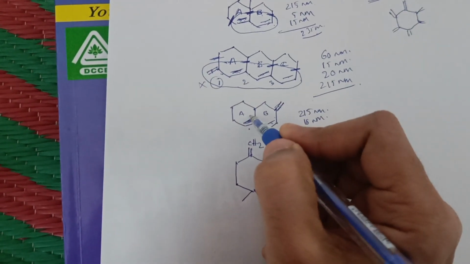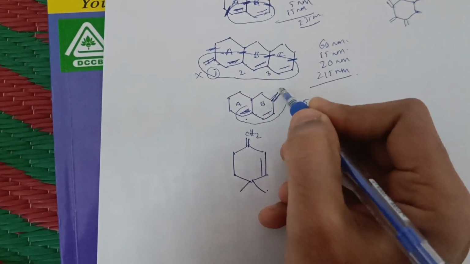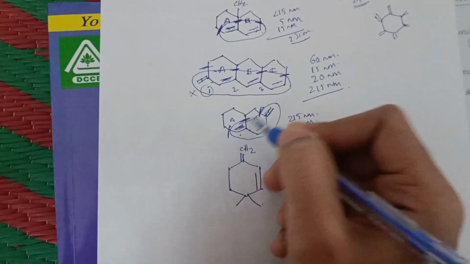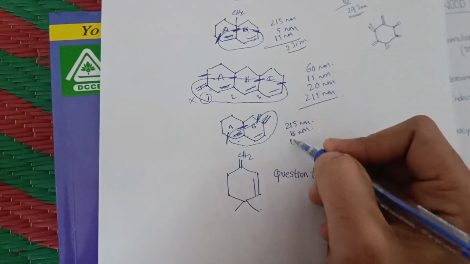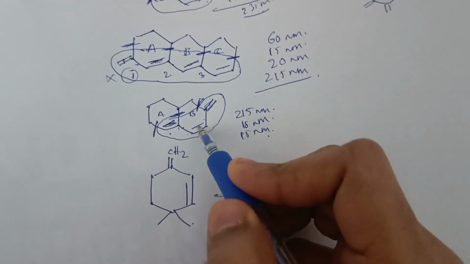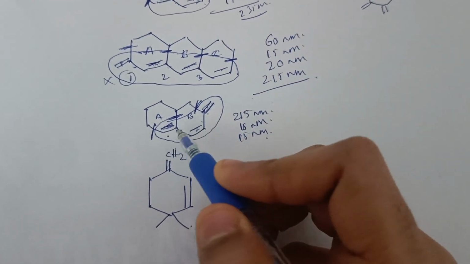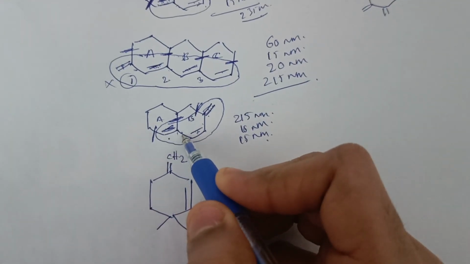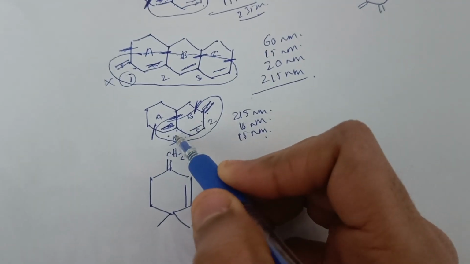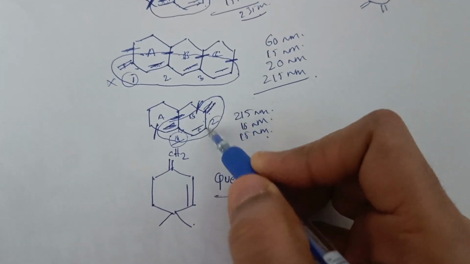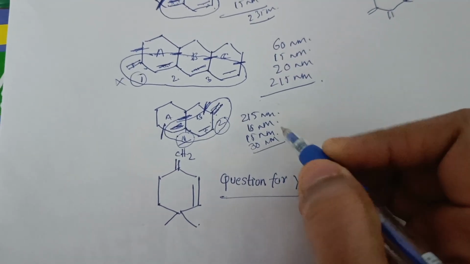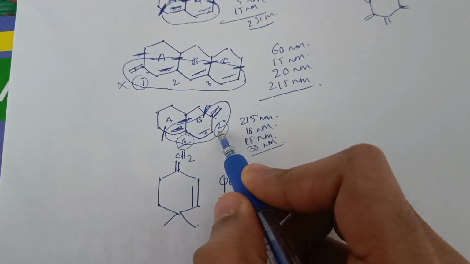And if you look at the ring residues, just draw a circle around this conjugation. So 1, 2 and 3. So a total of 3 bonds are touching this ring. So 3 into 5, 15 nanometers. And here, double bond, single bond, double bond, and double bond, single bond, double bond. So this is an extended conjugation. Double bond, single bond, double bond is your first conjugation. Again double bond, single bond, double bond is your second conjugation. So don't consider the first conjugation, just consider only the second, the extended conjugation. So 30 nanometers. So this is for this compound.